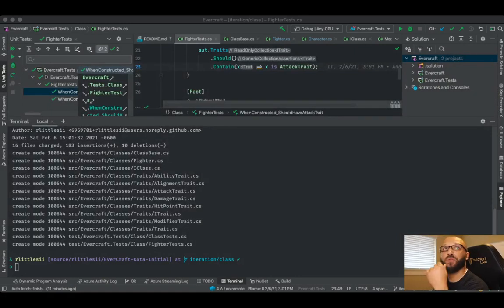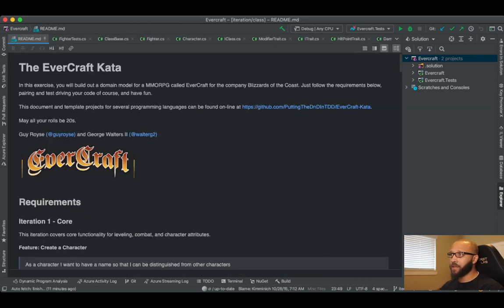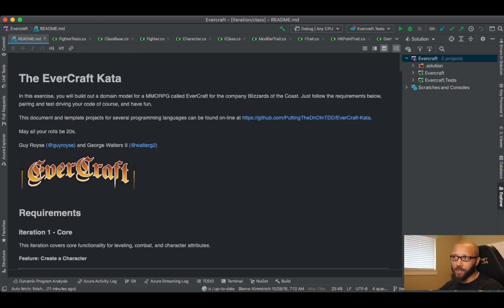All right, so more live coding and whatever's going on. We're back looking again at our EverCraft kata. Today we're going to step away from the core requirements in the code and get into something that